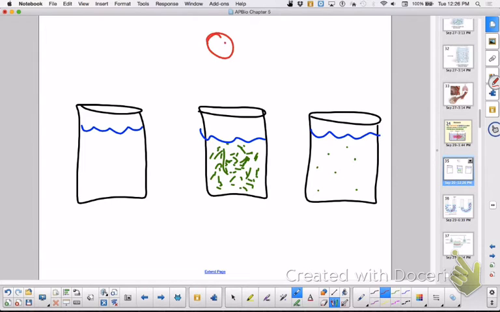And we're going to have red blood cells. Now, I have given you 3 different scenarios here. I want you to talk about things like hypertonic,